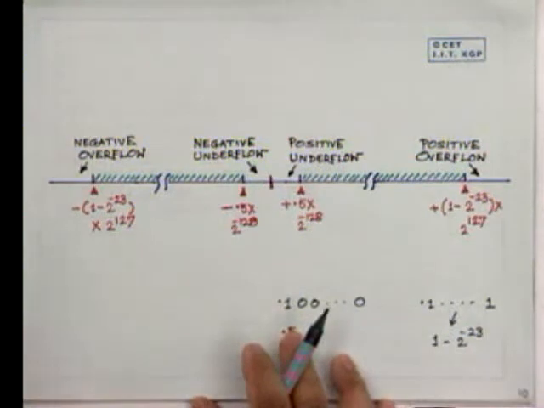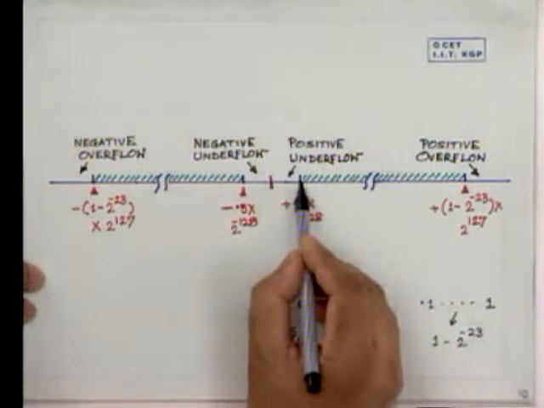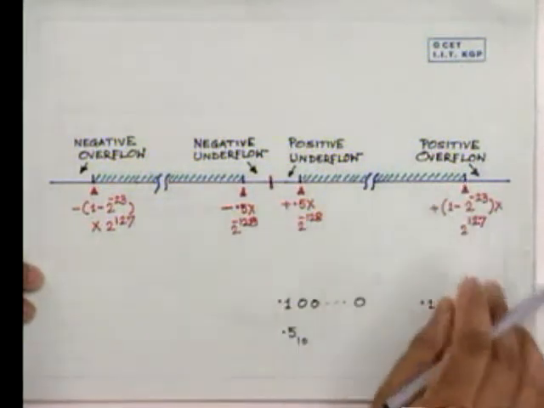Another important point is that when we have such a finite representation, even all numbers within the range cannot be represented. Let us take an example and show what the pitfalls of floating point numbers can be. Because of the finite representation, even the continuum from here to here cannot be represented.